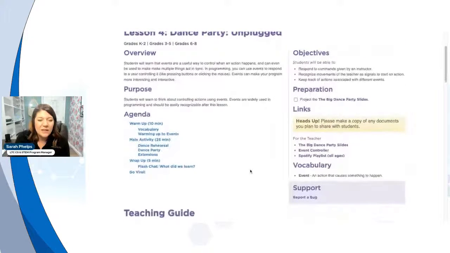What we're going to do is understand that we have a controller that controls actions. The only way an action can happen is if we know what event, like clicking a mouse or a button, or lots of other events, like a light switch, happens. Those events in our program control what then happens. So we're going to start thinking about controlling actions with something called an event, because events are used in programming, and they tell our code to run a specific action.